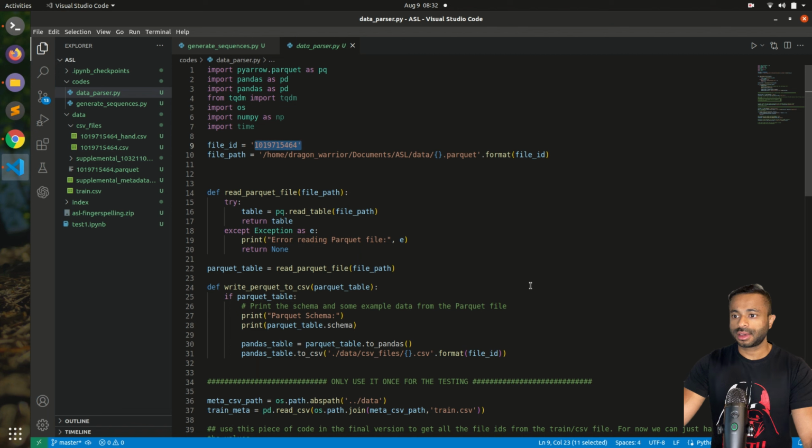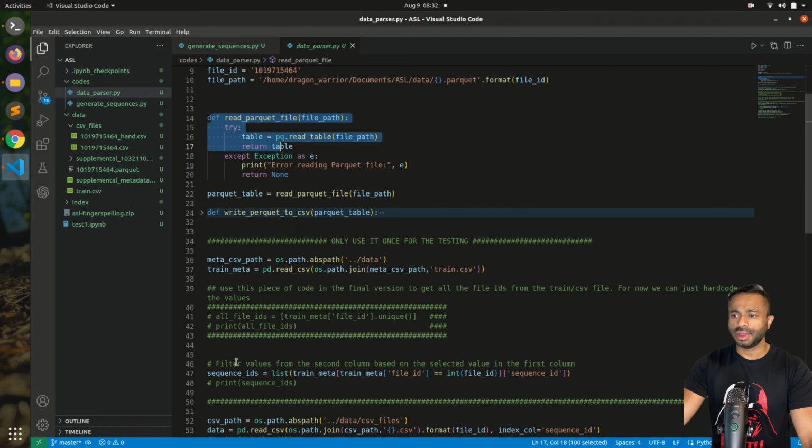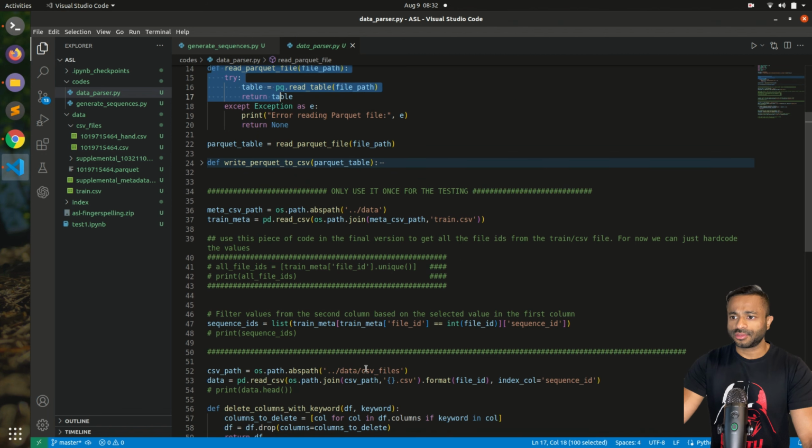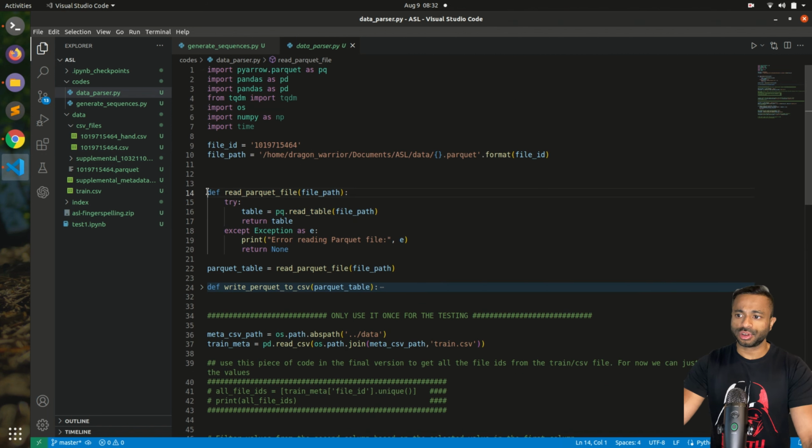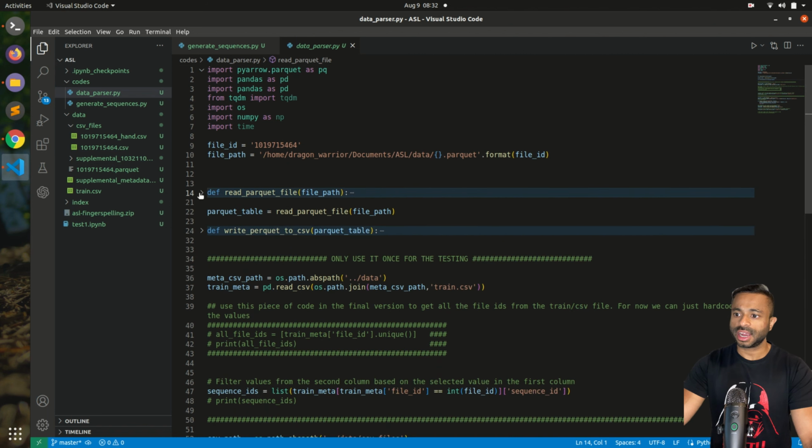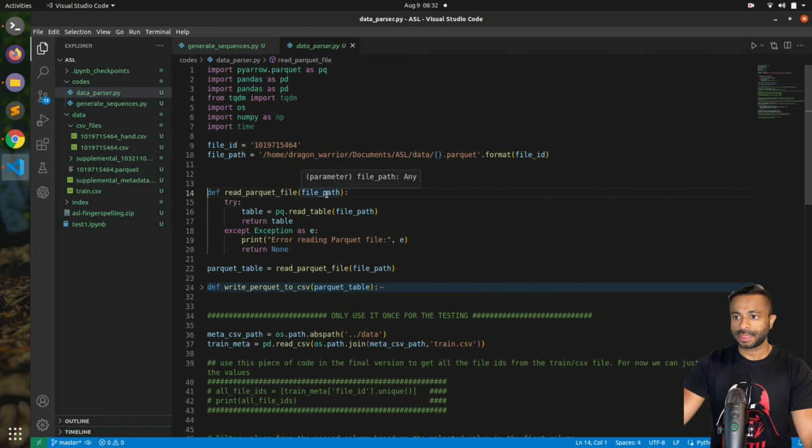give it a file path, and then I wrote this read Parquet, and forget about everything else for now, because I'll explain all of these in a video I'll make later sometime. For now, we just worry about this read Parquet file and write Parquet to CSV format. Inside read Parquet file, we pass the file path, then we create a variable called table, and you can create PQ. So what is this PQ? It turns out there is this